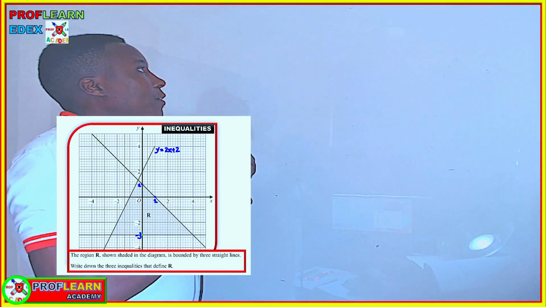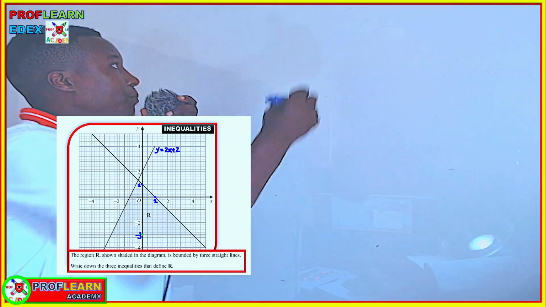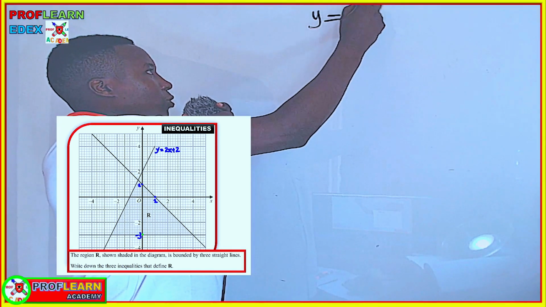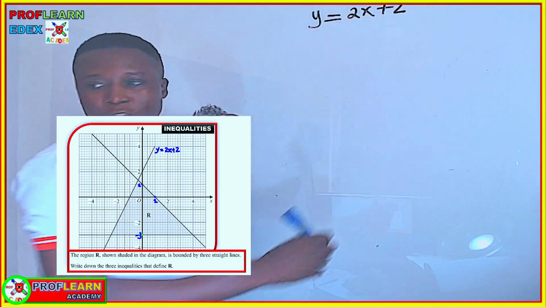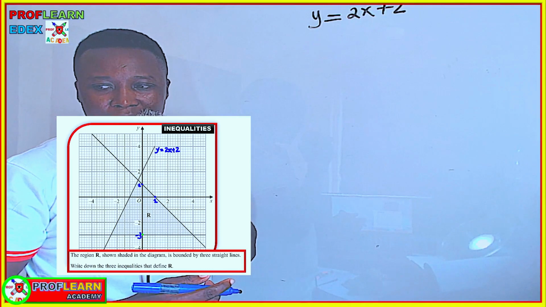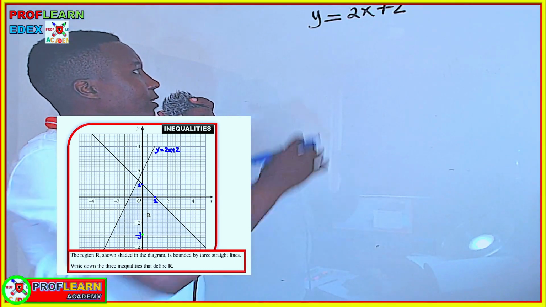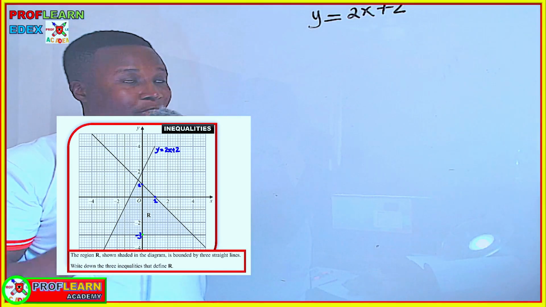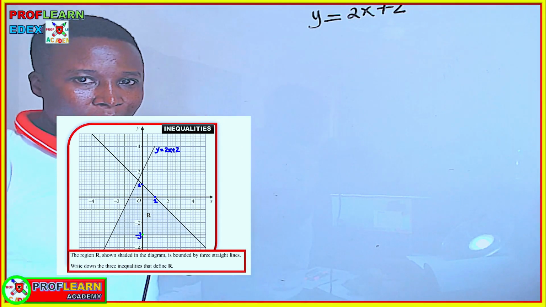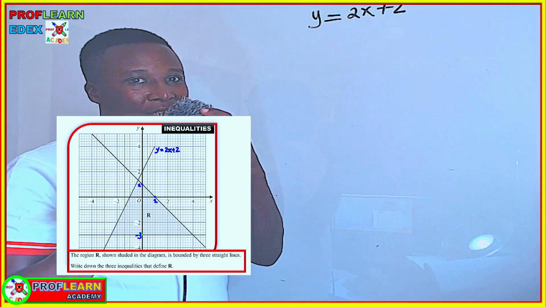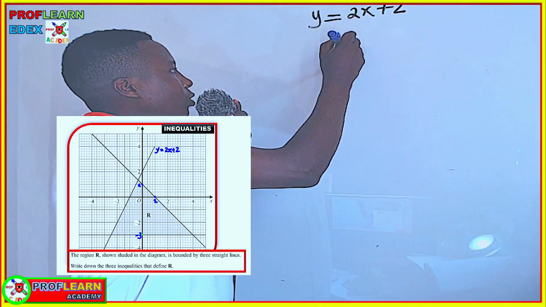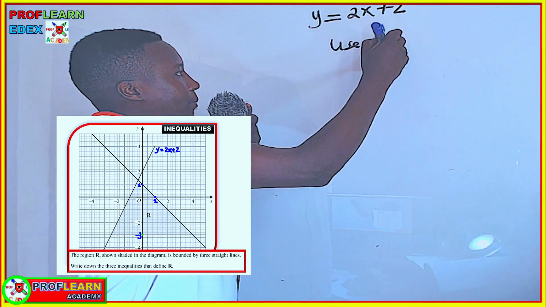That one is quite important because we know already that y equals 2x plus 2. So this is going to enable us to get the inequality directly, because for you to state the inequality, you need the equation of that particular line. Since we have the equation, what we only need is the sign. So to identify that, we are going to use a point,